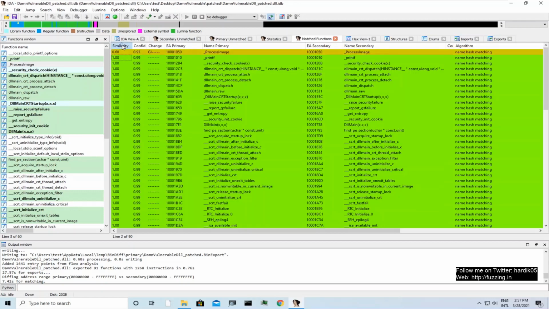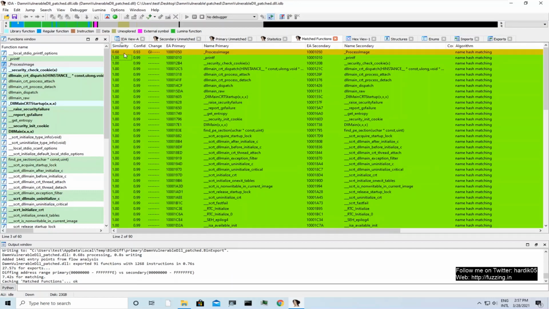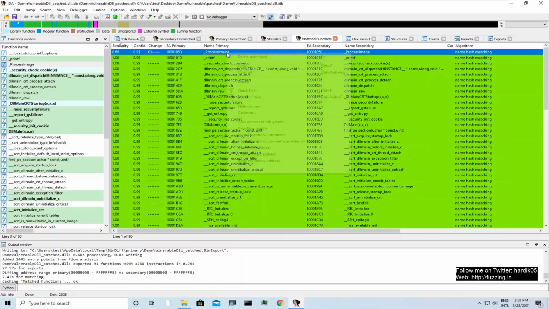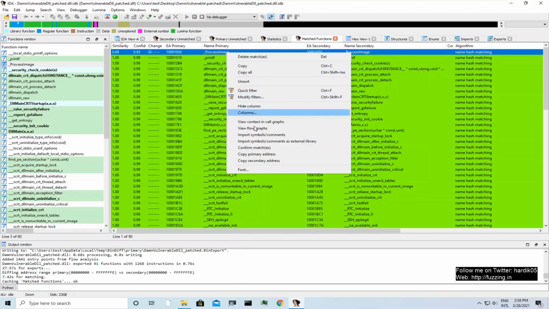But if you sort it, you will notice that the similarity score for our process image function is 0.68 and confidence is 0.93. So similarity is 0.68, and it displays this in yellow color. It means that there are some changes inside this function. And what are those changes? You simply need to right-click on this function name and click on View Flow Graphs.